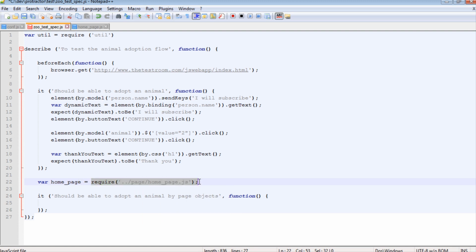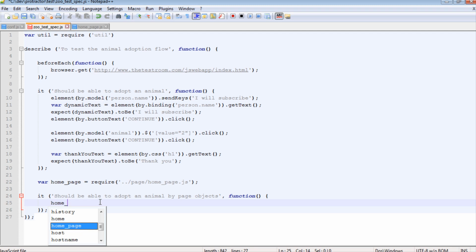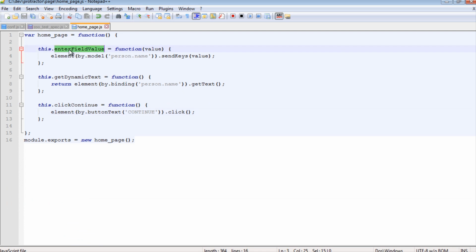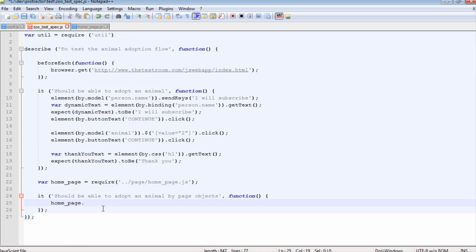This require is effectively an import, and what this does is this will import in this JavaScript file and assign this file to the value of home page in our test. So what we can now do is actually use this in our test. So we can now say home page dot, and what we want to do first is enter a value. So let's copy that, and then we can pass in a value. So let's just say you will subscribe,